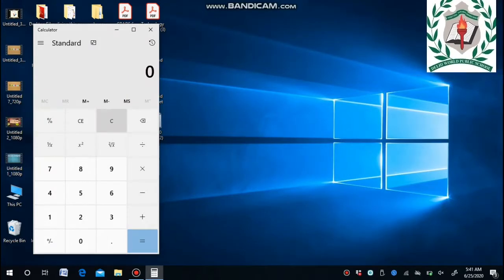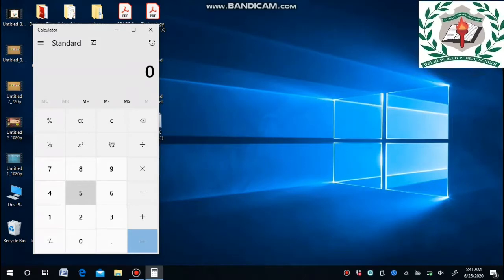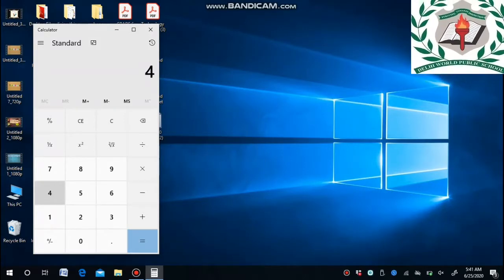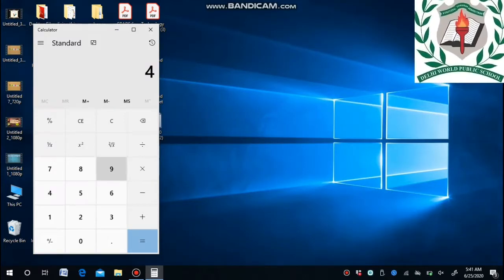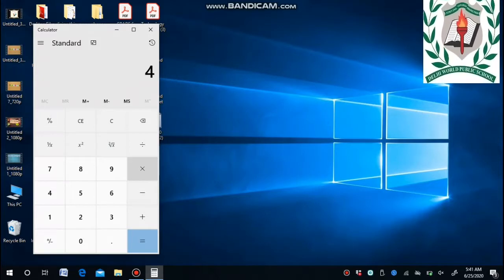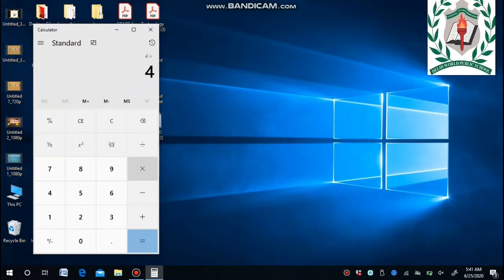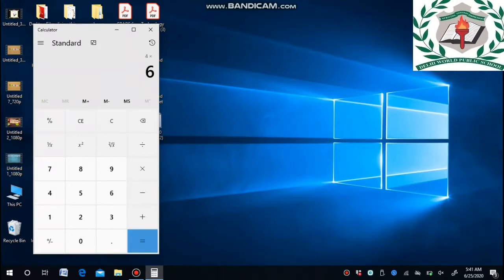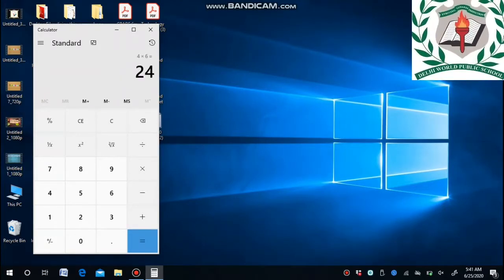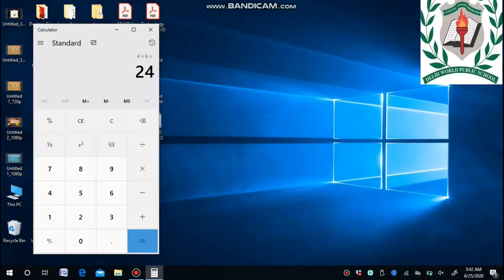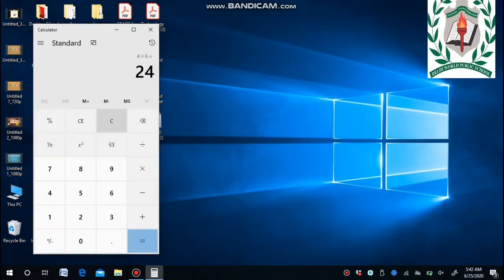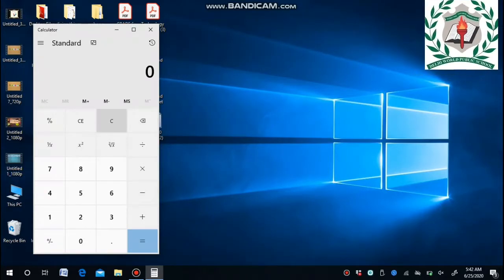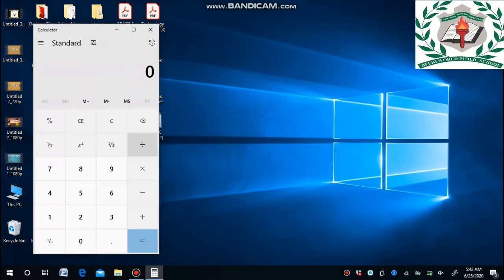And next sum, I just want to click 4, again the multiplication symbol, and next I click 6. We need that answer. Click equal to, what is the answer? 24 is displayed on the screen. Next close it and move to the next sum.